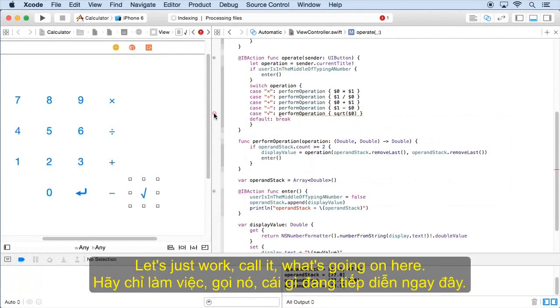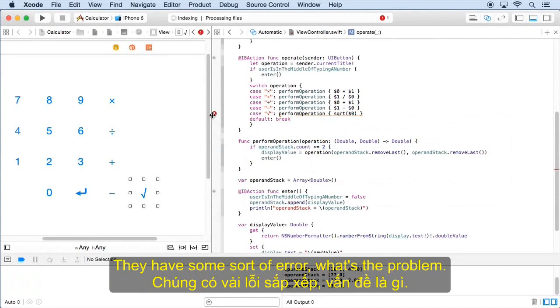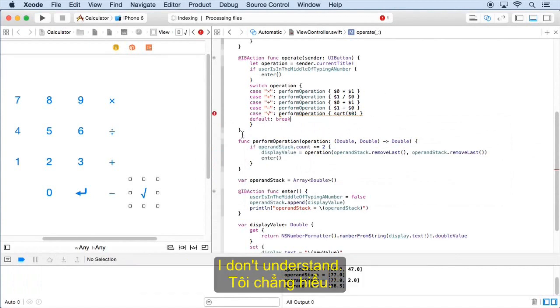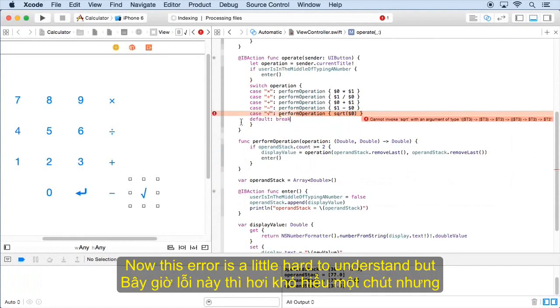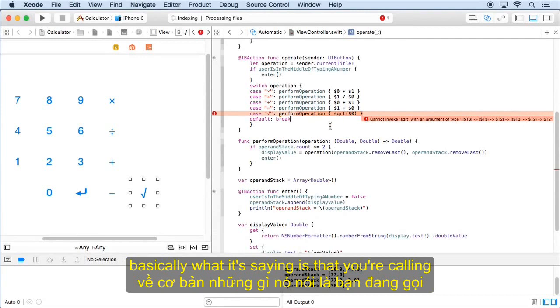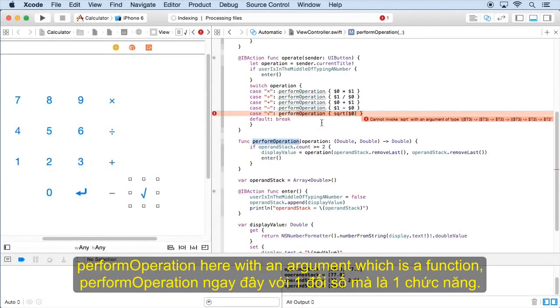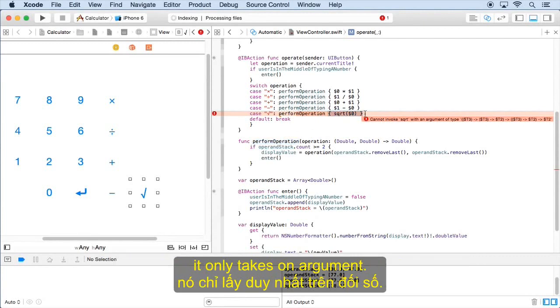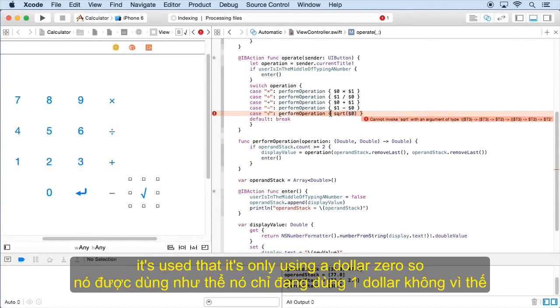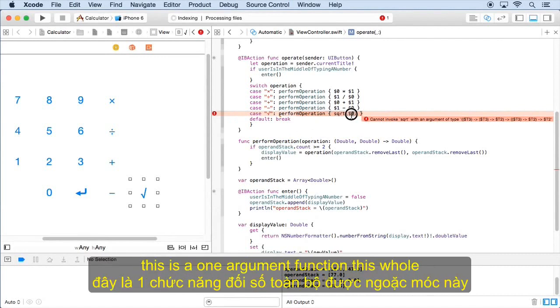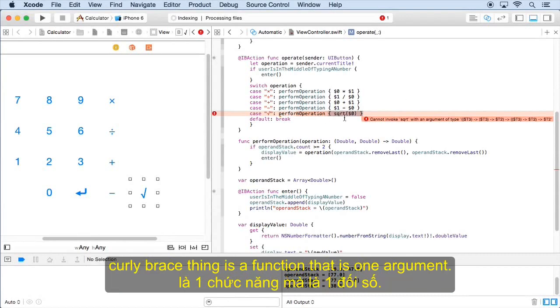Oh wait, what's going on here? We have some sort of error. Why? What's the problem? I don't understand. Let's take a look at this. Now, this error is a little hard to understand, but basically what it's saying is that you're calling perform operation here with an argument, which is a function that only takes one argument. Because Swift looks here and it sees that it's only using $0, so this is a one-argument function. This whole curly brace thing is a function